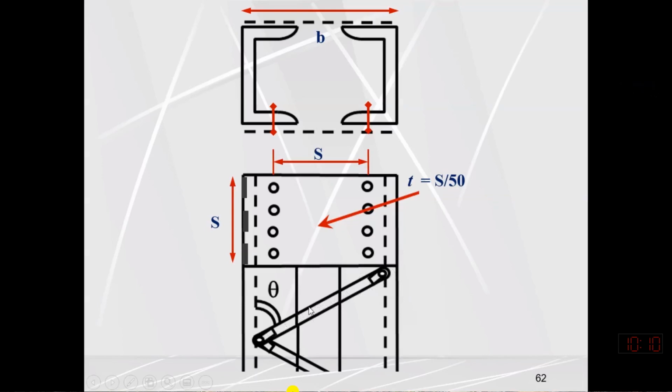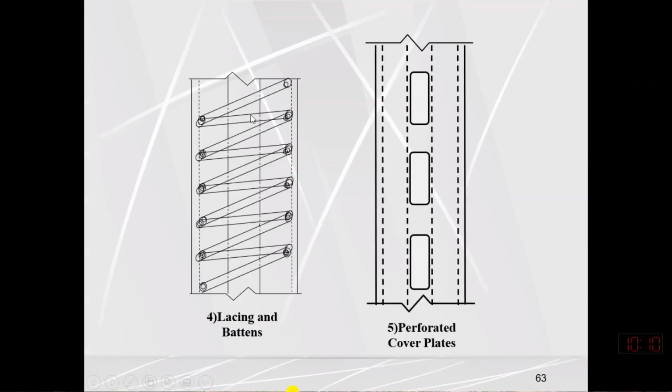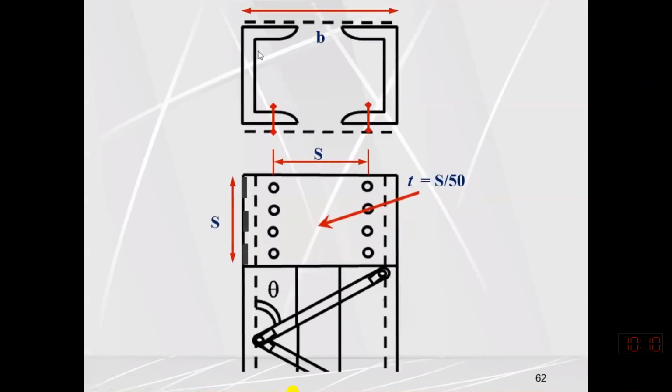When we are connecting two single sections, we provide the lacing on both sides. One lacing connects both sections from one side, and one lacing we provide on the other side. It means that at one plane we have two lacings, one on one face and the other lacing member on the other face. That's why we use the n value as 2, because at one plane there are two lacing areas available, one on one side and one on the other. So the n value will be equal to 2.